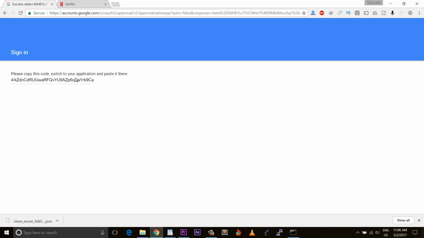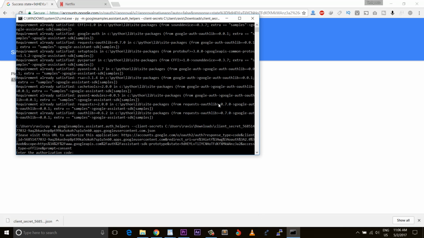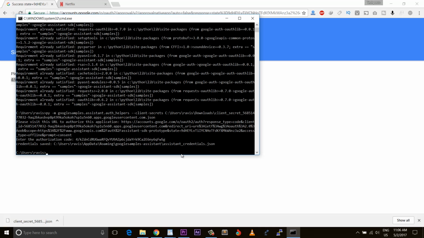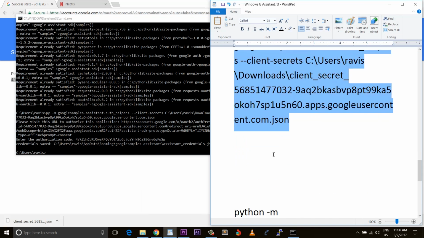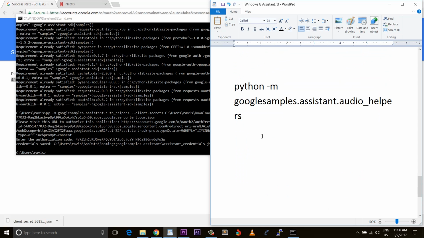So press allow, and on the following page you will get an access token. So copy it and then paste it in the command line. Finally hit enter. If everything is good, you will see a message saying credentials saved. That means you are good to go, and we will proceed to step number 4, which is testing the Google Assistant.